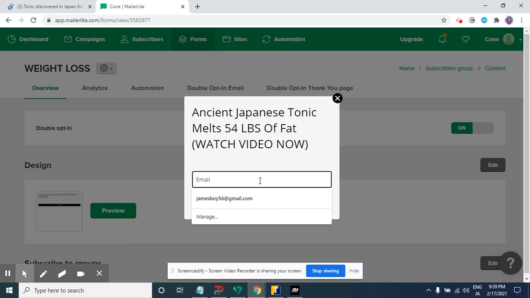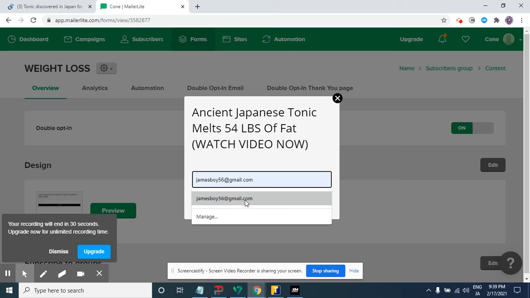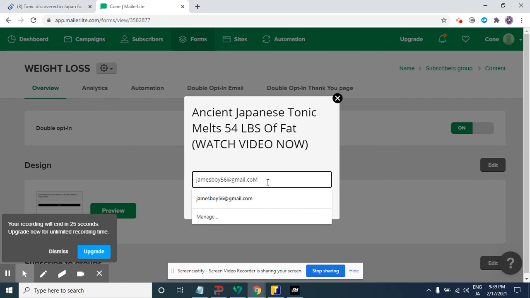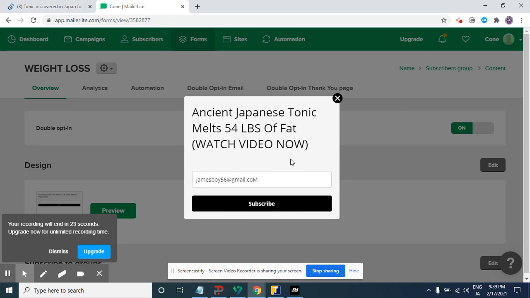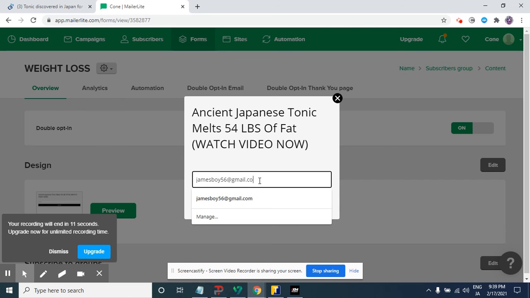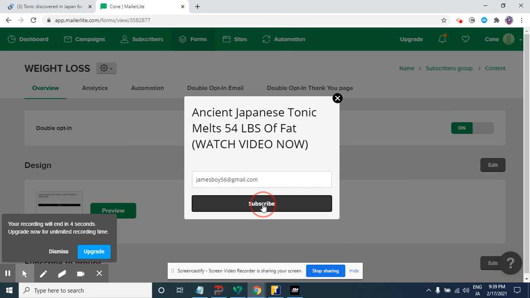Then they get interested after reading the topic. They put their email inside, subscribing because they want to watch the video. Now let me hit subscribe and you will see it take me to the video directly. Okay, I've subscribed. This is not really okay. If it doesn't work, we will go back and edit it. Let's say I subscribe now. Okay, it didn't